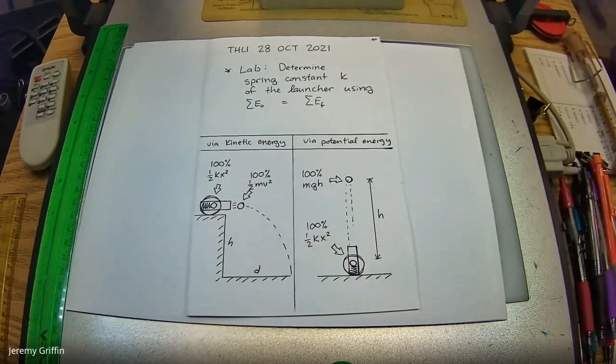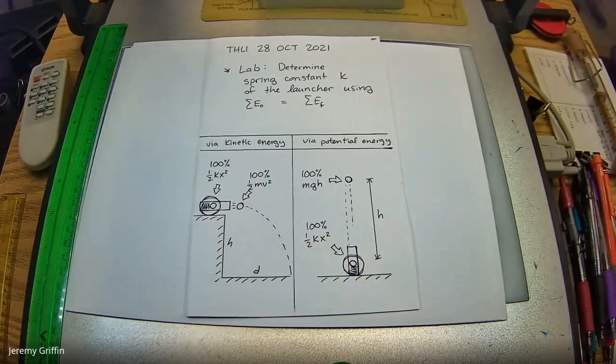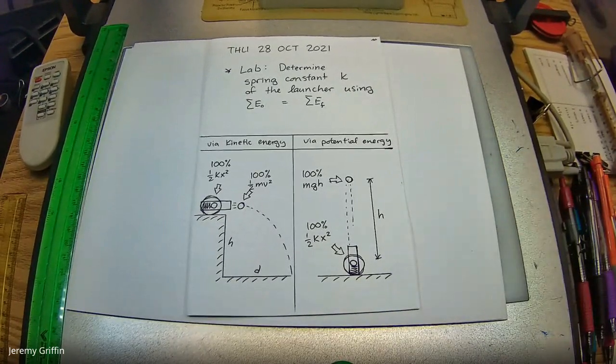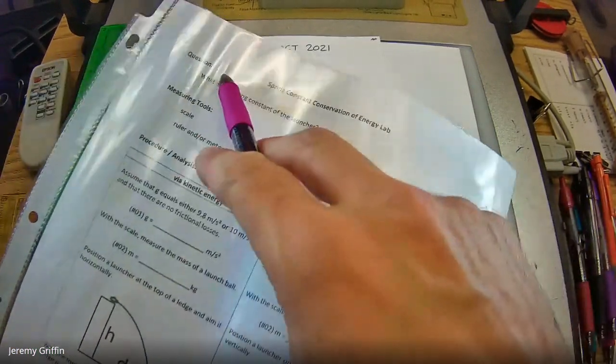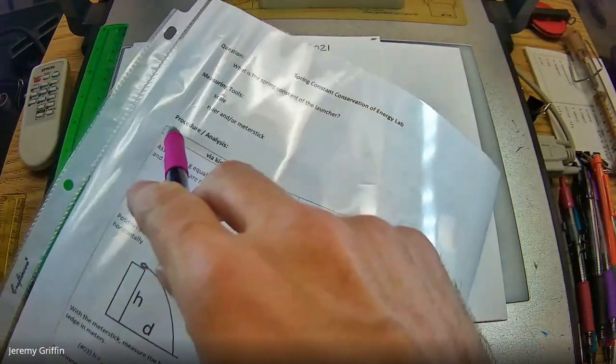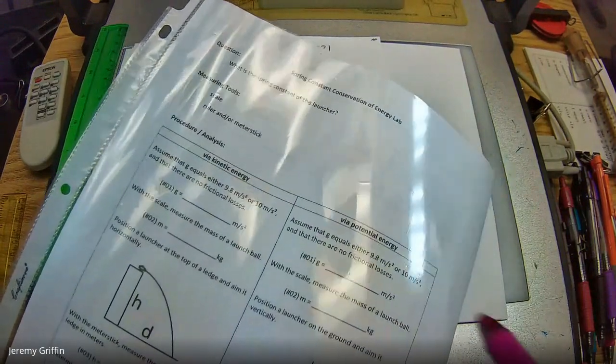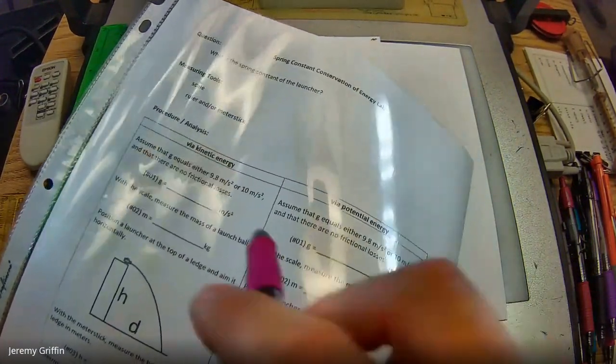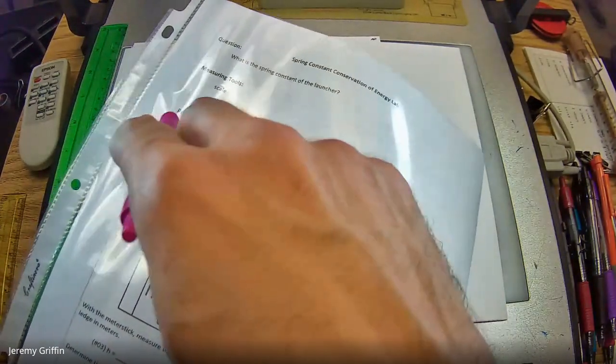Right, so I'm going to have you guys write up a procedure and get to a conclusion of what is K. We're going to do this a little bit different. You guys know I usually give you that format of what's the question, what are the measuring tools, and then procedure is how do you go about gathering the data, and analysis, how do you apply graphs or equations to get the answer. Let's just push those two in